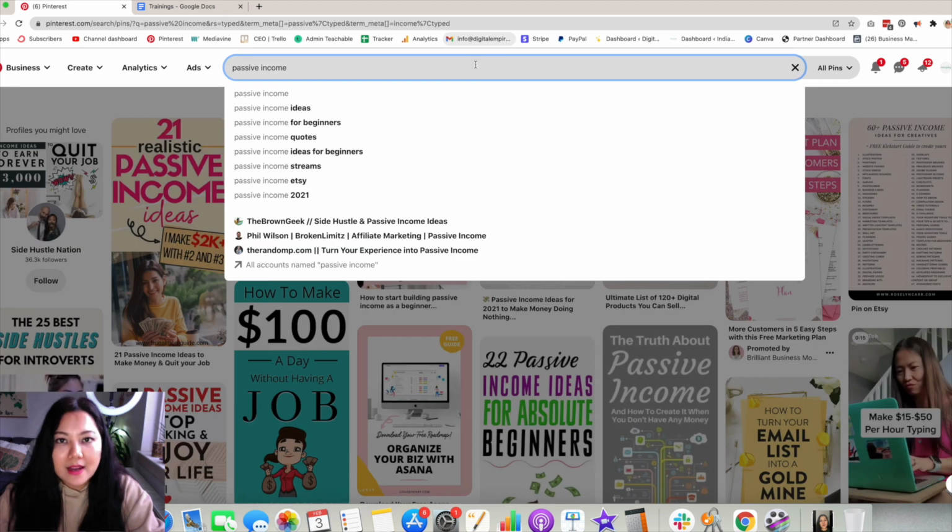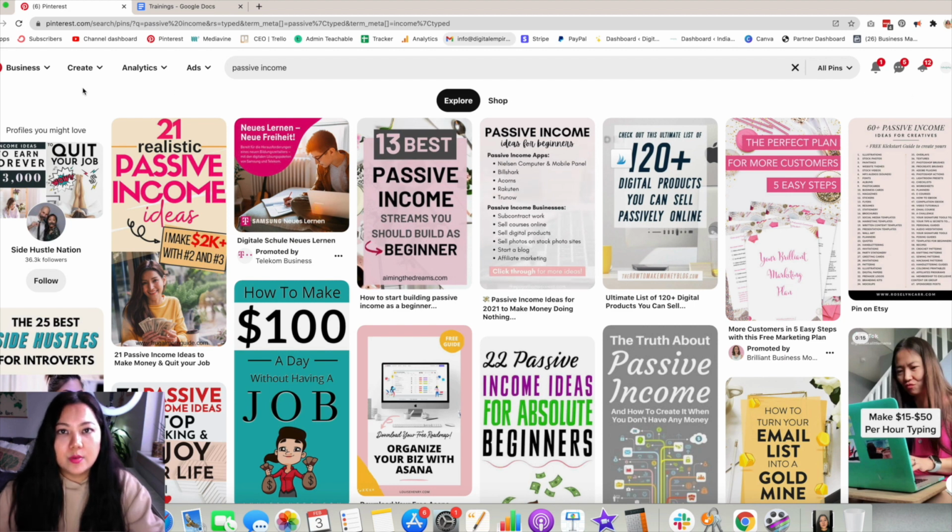You can still find keyword ideas when you type in passive income and you see a list of things typed down. Those are basically long tail phrases and long tail keywords that are related to the main keyword that you search. And you can also see some accounts that show up on the top. However, when it comes to navigating Pinterest search by keywords, that has changed and that's not really available. And I'm going to share with you in a second exactly where that has moved once I explain this feed to you.